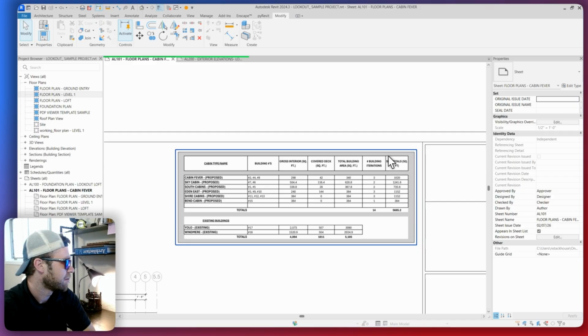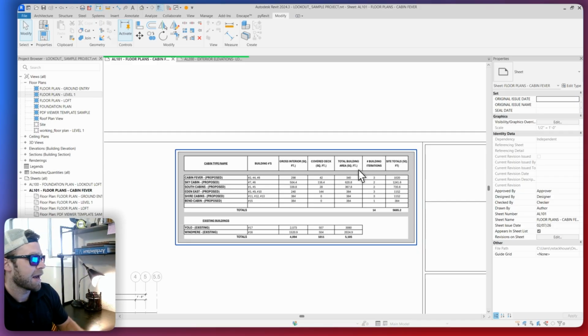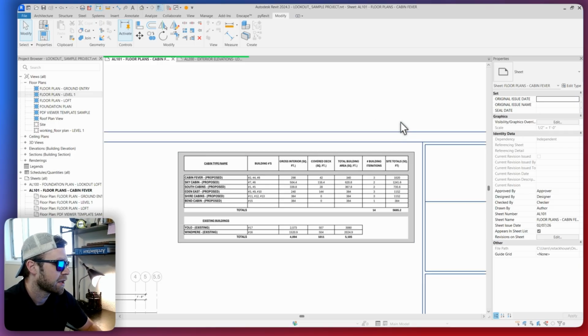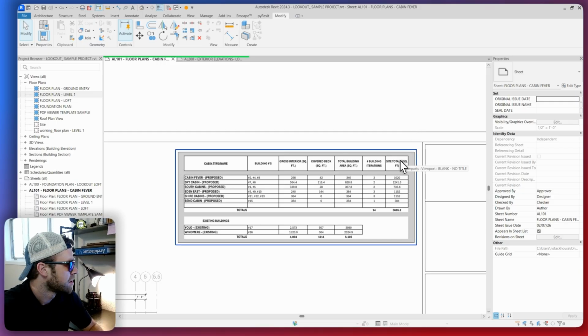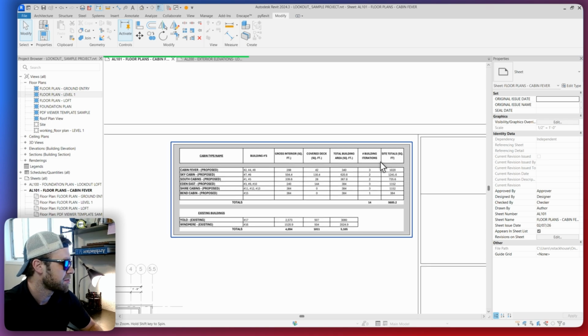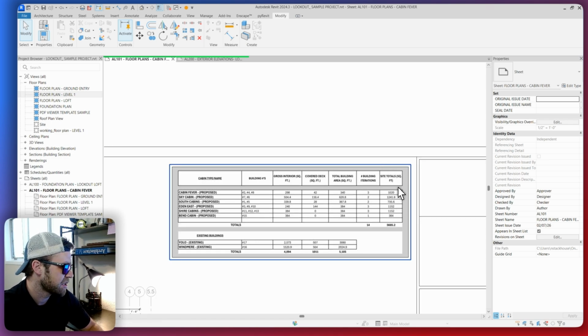So when I'm doing like a cabin type, building areas and covered deck areas and so forth, I like to do it in Excel or something similar, and then bring it into Revit because Revit doesn't have a great system for that, as many of you may know. So it's usually tables that I like to bring in PDF format into Revit or something similar. Sometimes images or whatever, but in this case, we're doing a table today that we're going to bring into Revit,